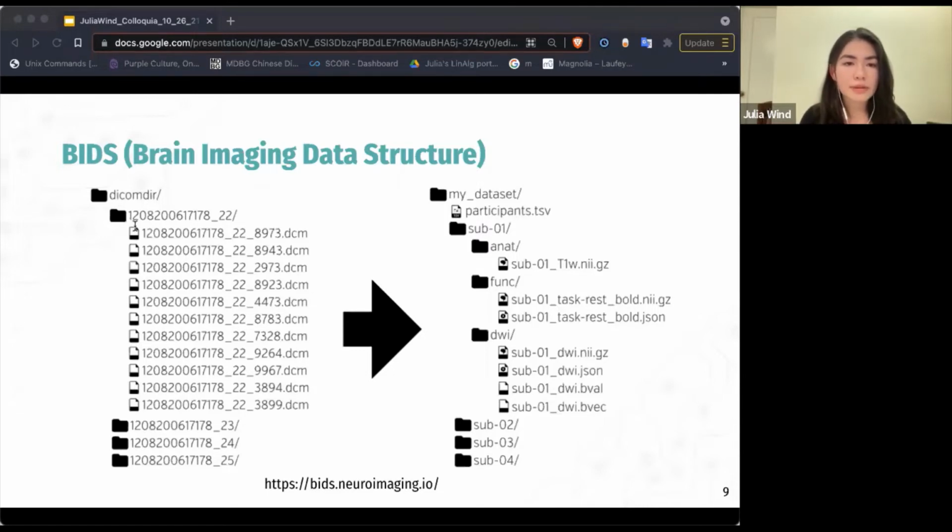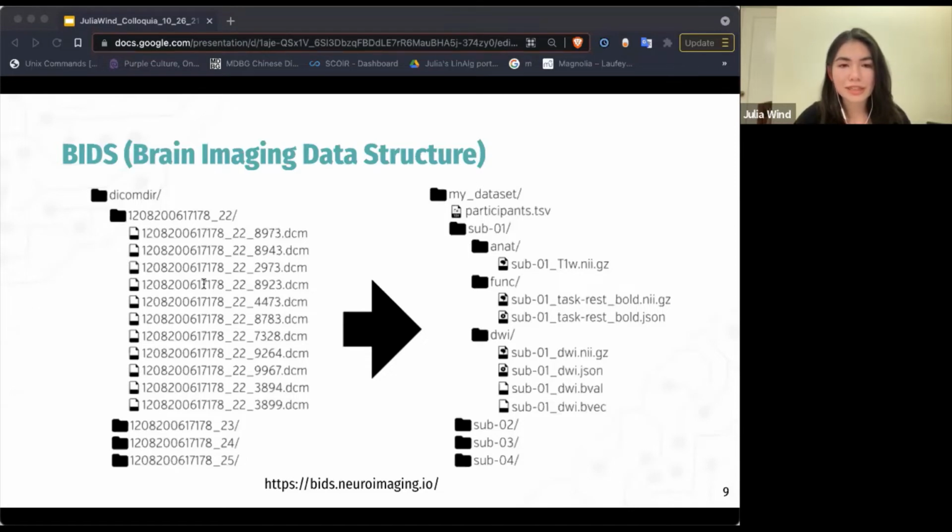To quote the BIDS website, neuroimaging experiments result in complicated data that can be arranged in many different ways. So far, there is no consensus on how to organize and share data obtained in neuroimaging experiments. Even 2 researchers working in the same lab can opt to arrange their data in a different way. The Brain Imaging Data Structure, known as BIDS, describes a simple and easy to adopt way of organizing